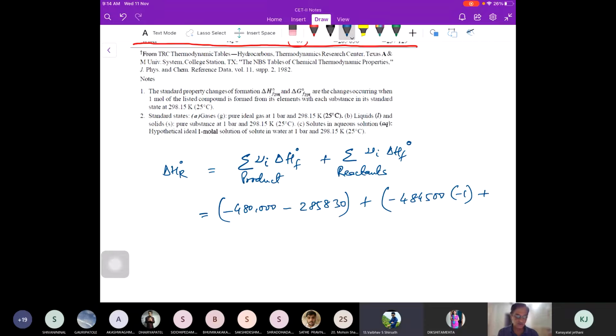Plus minus 277,690. Okay. So how much does the heat of reaction come to? Minus 3640. So that is the heat of reaction,